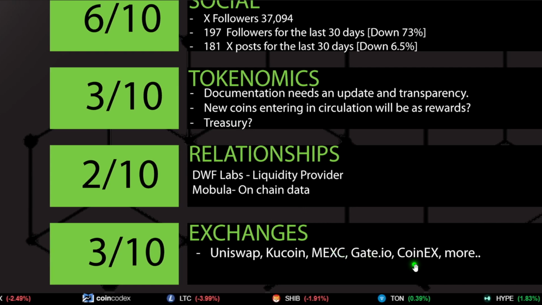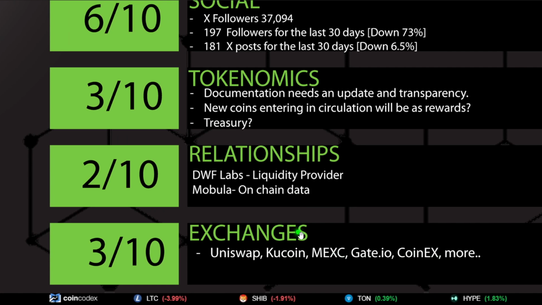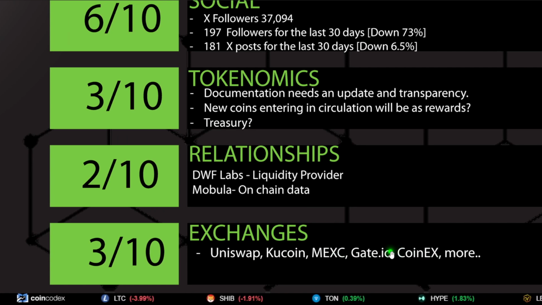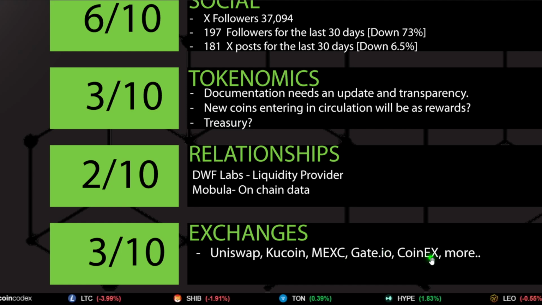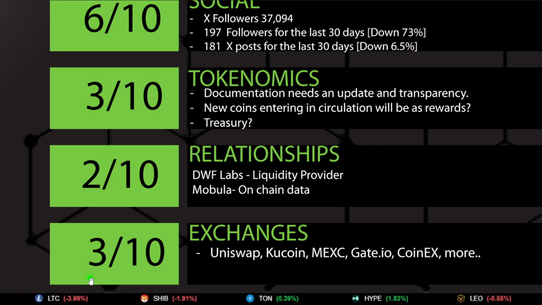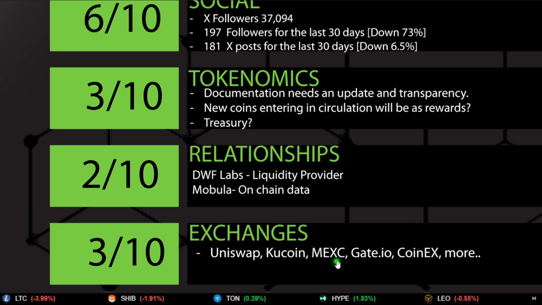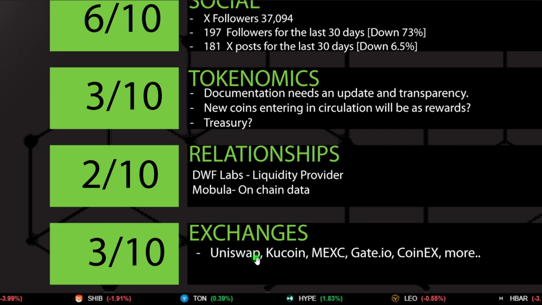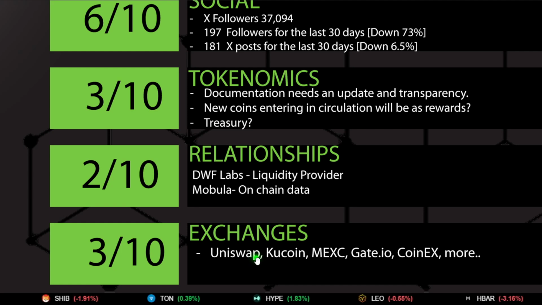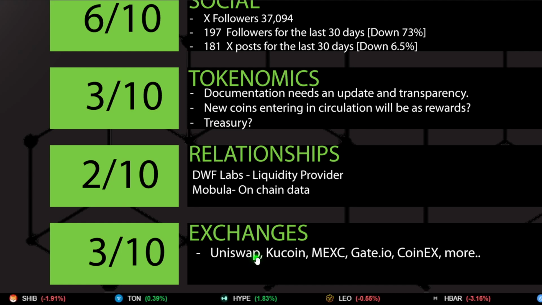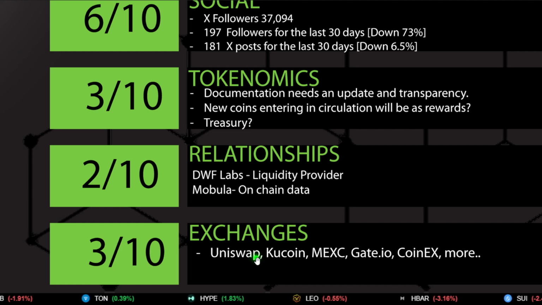Uniswap, KuCoin, MEXC, Gate, CoinEx, and a few other small ones. And a lot of upside potential for getting listed on other major exchanges, of course, Binance and Coinbase and all the rest, but still very small, low-level liquidity. And the majority of the liquidity is on Uniswap, which we know is a little bit of an issue for gas and all of that. And a lot of people are turning away from transacting on Uniswap because of that.